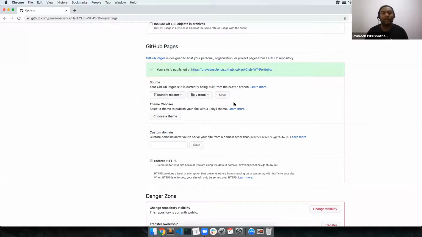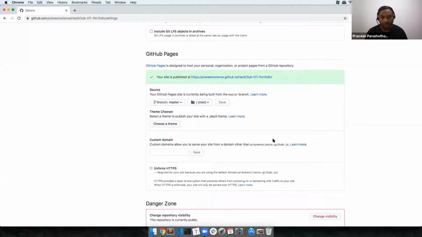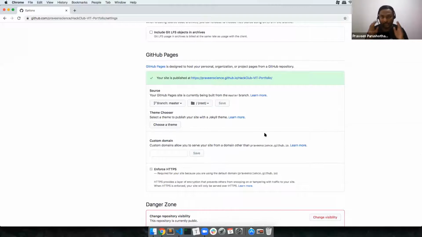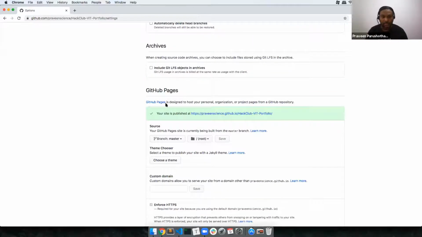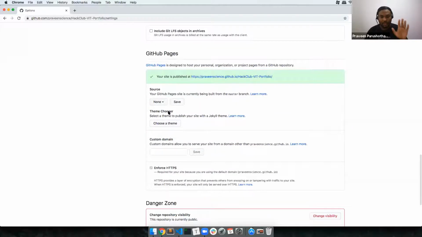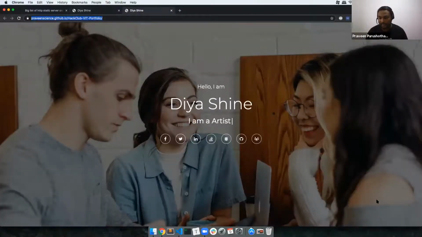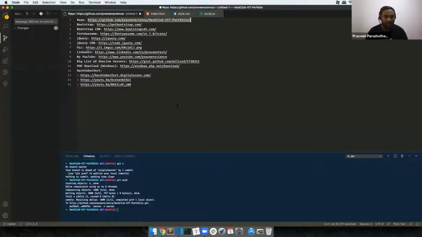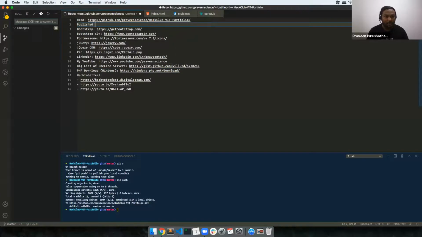Look at this, it is already published. I guess I taught you how to publish this one. First way, using GitHub Pages. What you need to do is enable this one. Generally it will look like this. If you want to enable it, you just click on the master branch and then click on save. Immediately it will say your site is published at this place. So look at this, it is there. So here is the website. After the repo, published website, boom, there you go.